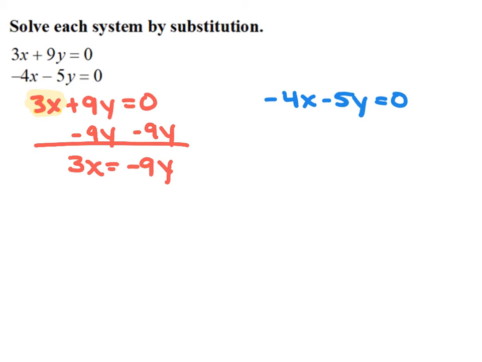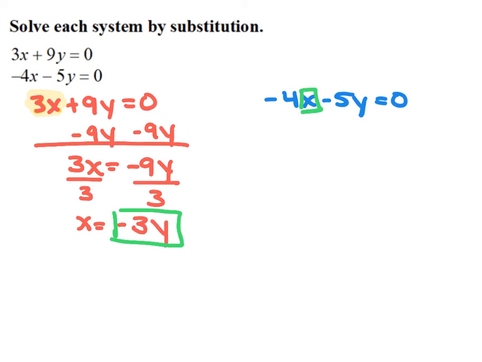And to finish getting x by itself, divide both sides by 3 to get x equals negative 3y. We don't have to continue to write the 0 because it cancels out. Now I can take this entire expression and substitute it for x in the other equation. So it becomes negative 4 times negative 3y